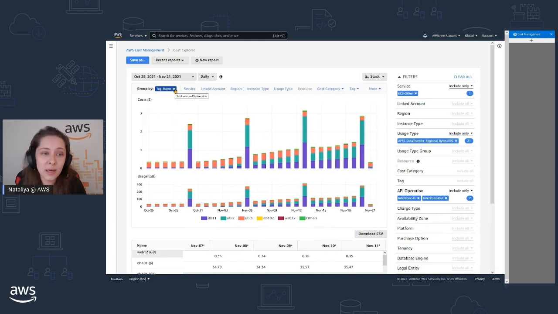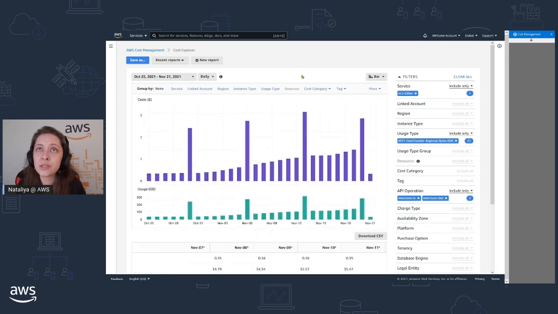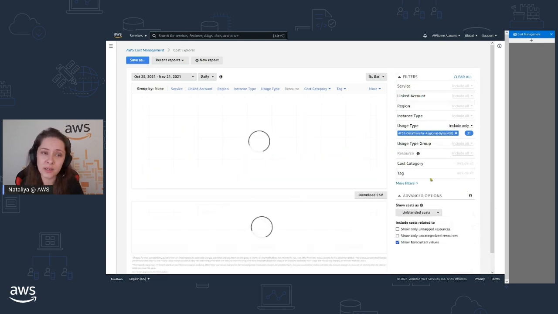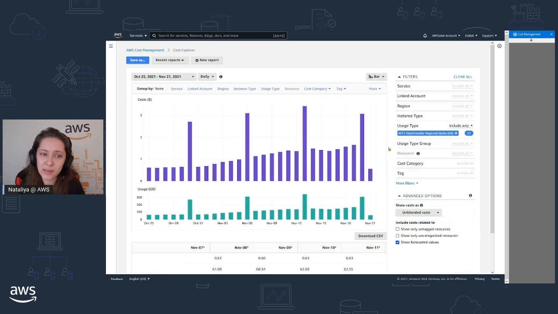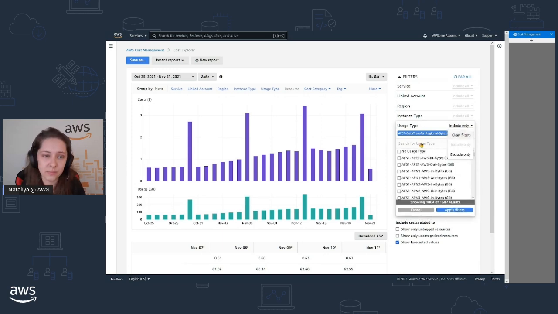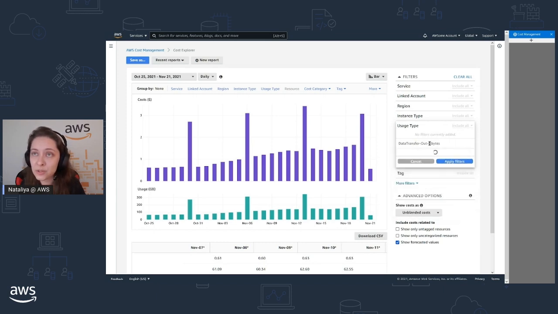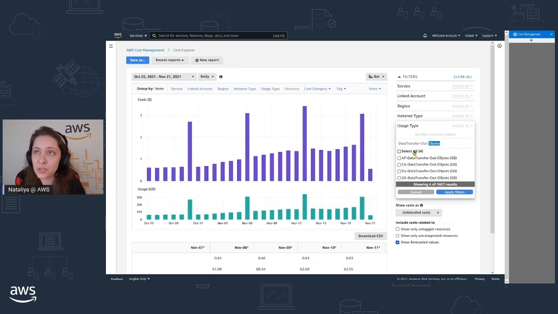And lastly, I wanted to go back to CloudFront and just talk a little more about it. If you remember from the presentation, I was saying that any traffic that comes into CloudFront is free, including traffic sent by the origin, like backend EC2 instances or load balancers or S3 buckets. But any traffic leaving CloudFront is charged. So let's check it. If we search for data transfer out O bytes as the usage type,